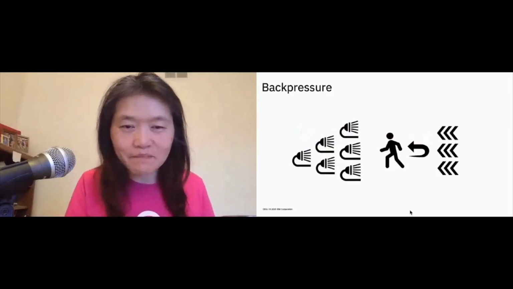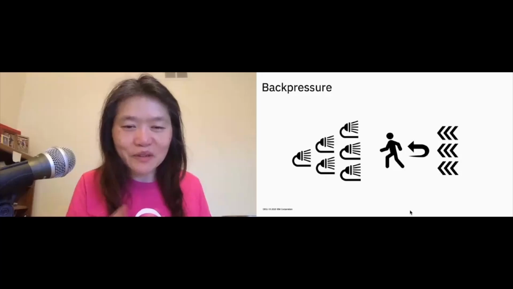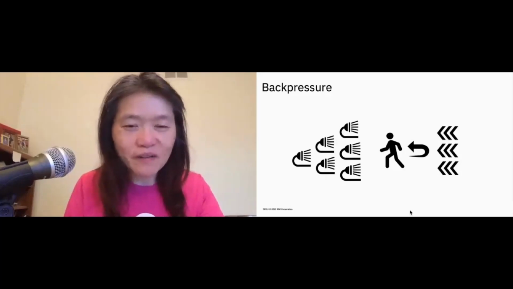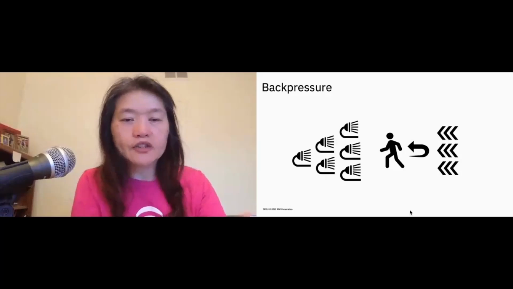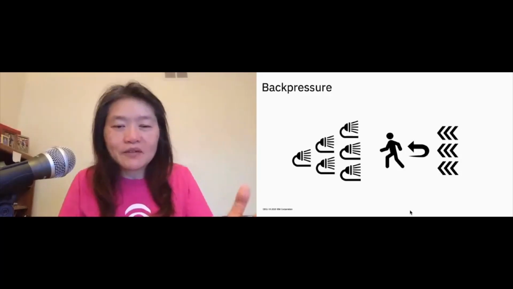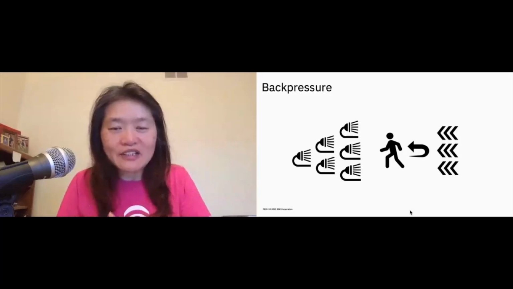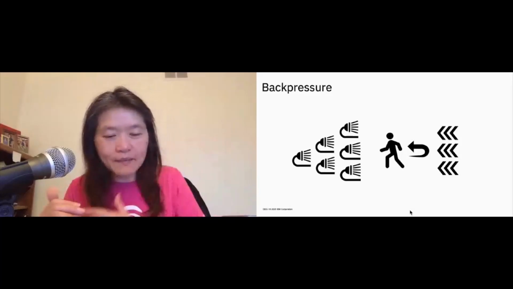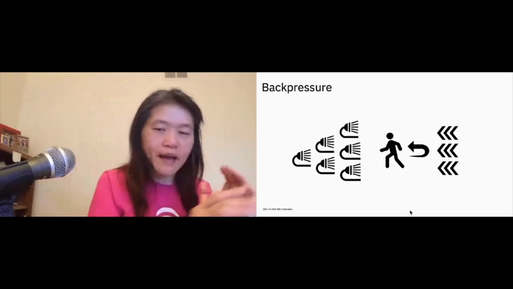I'm using a diagram to explain it. It's not actually that good, but I was trying to draw it. The idea is that there's too much, like a shower, for example, with water coming in at you, and you can't handle it. It's basically pressure, data coming to you, and it basically gets pushed back.